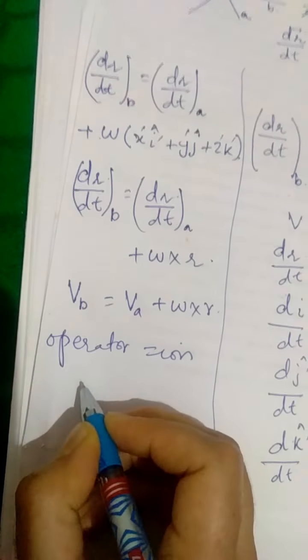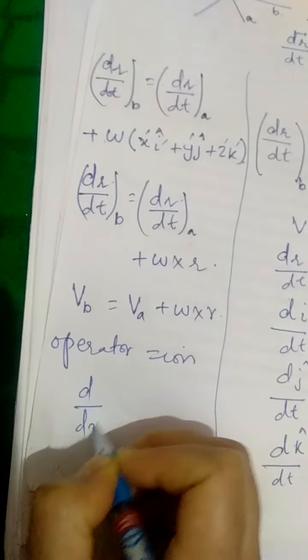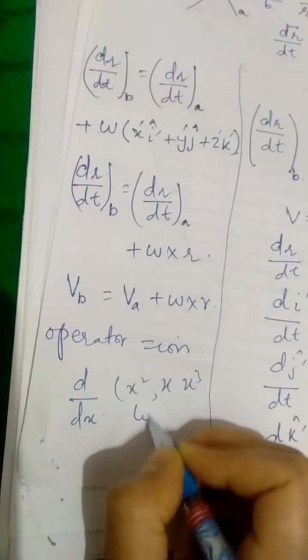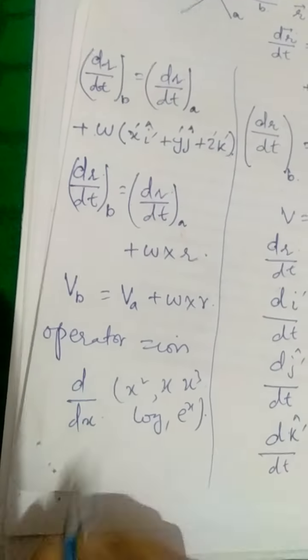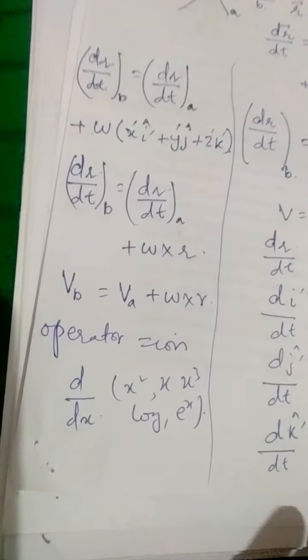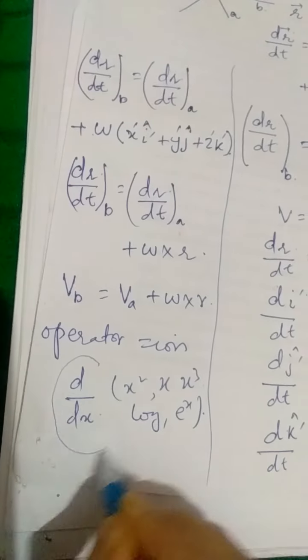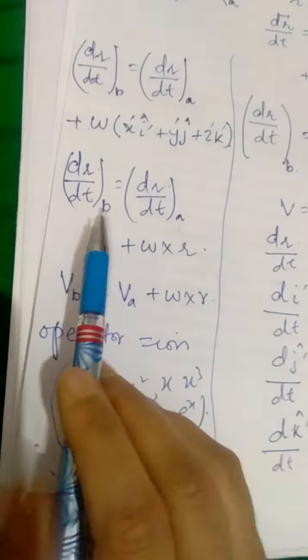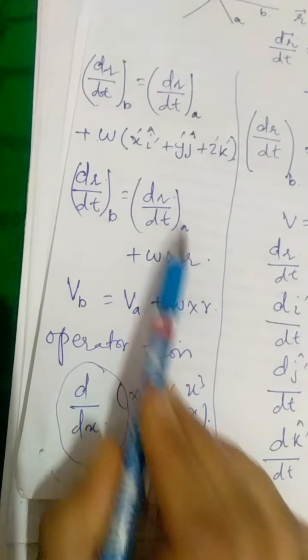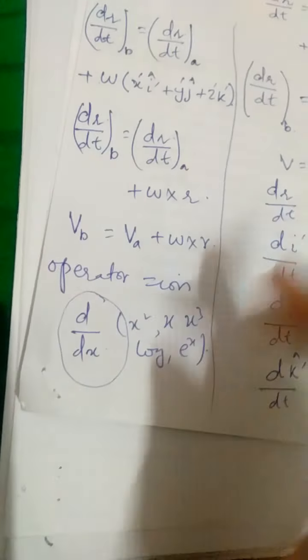The simplest example that we can choose is that d by dx is an operator. It can operate on x square, on x cube, or any logarithmic function, or any exponential function. It can operate on different kinds of functions to change them into some other function, right? So such a tool is called an operator. Now once you find this equation, if you take r common, in all the three terms r is common. Therefore you are left with,